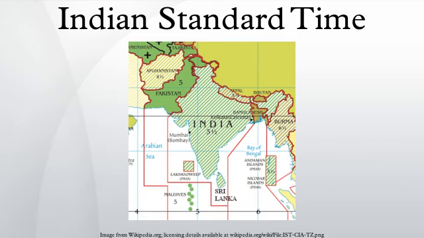In 2001, the government established a member committee under the Ministry of Science and Technology to examine the need for multiple time zones and daylight saving. The findings of the committee, which were presented to Parliament in 2004 by the Minister for Science and Technology, Kapil Sibal, did not recommend changes to the unified system, stating that the prime meridian was chosen with reference to a central station, and that the expanse of the Indian state was not large.